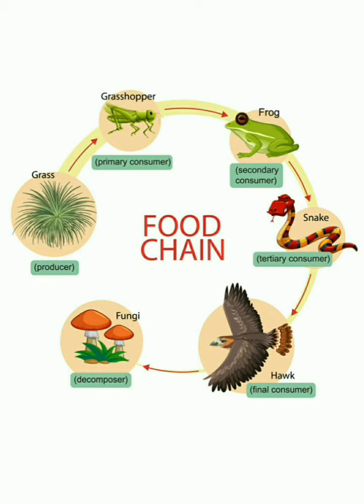So energy will be transferred from one trophic level to another trophic level, and this is known as the detritus food chain. The two food chains are linked. Grazing food chain and detritus food chain are linked because the initial energy source for the detritus food chain is the waste material and dead organic matter from the grazing food chain.